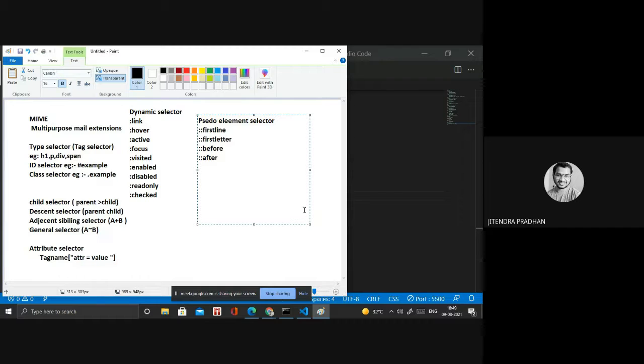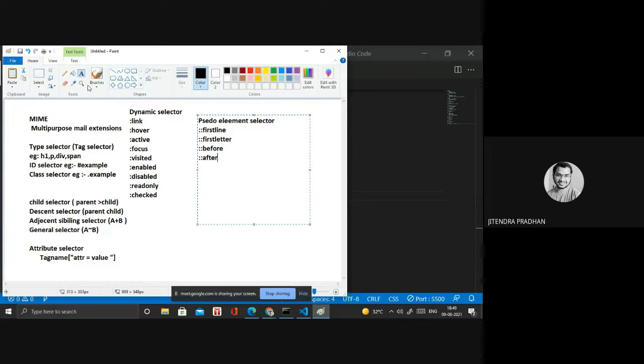Okay, so next we have the structural pseudo selector. What is the structural pseudo selector? It is first child, last child, and nth child. What is that? Let's see. I will design that one, then I will show you.